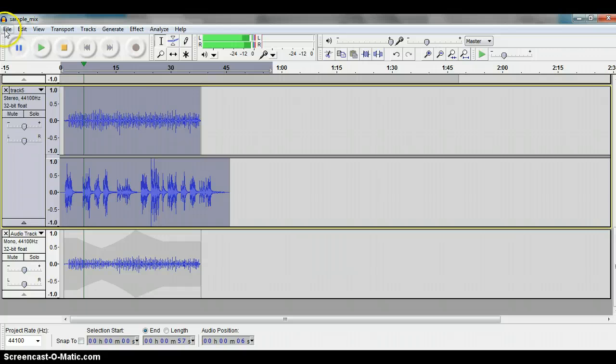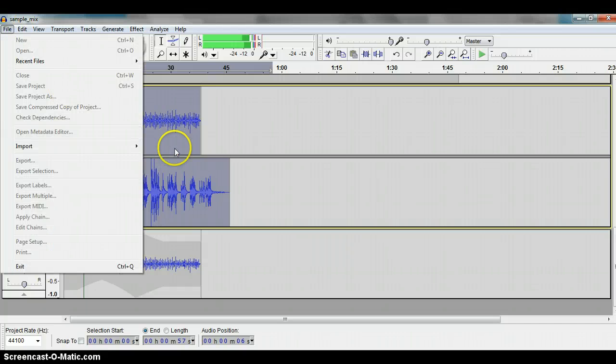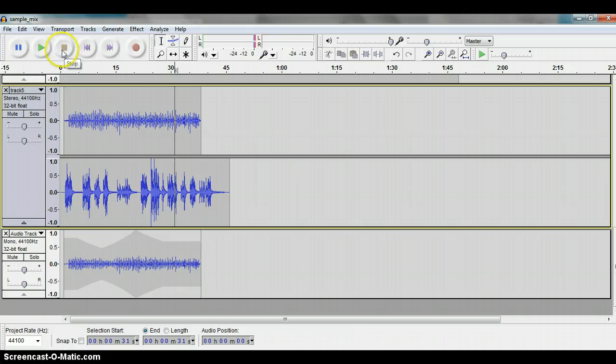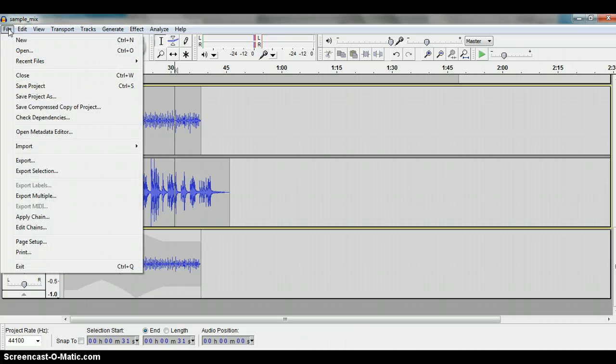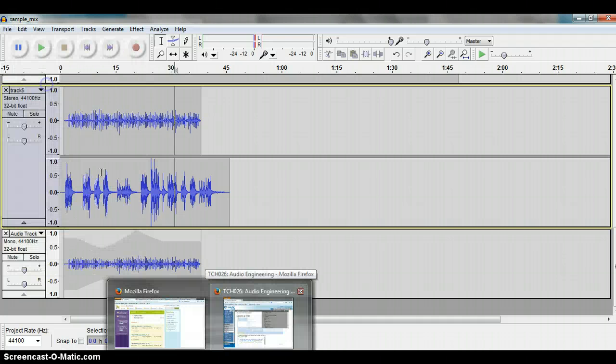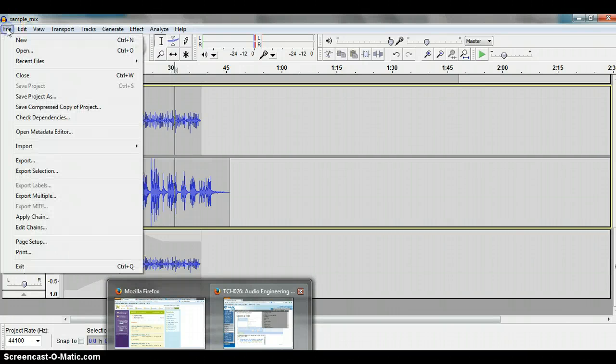When you are done and you are happy with it, come up to, oops, excuse me, that darn pause button. Okay, click on File, and with this one you can just do Save Project because we're not renaming it. The next step is to export this as an MP3 file. So we're going to go back up to File,